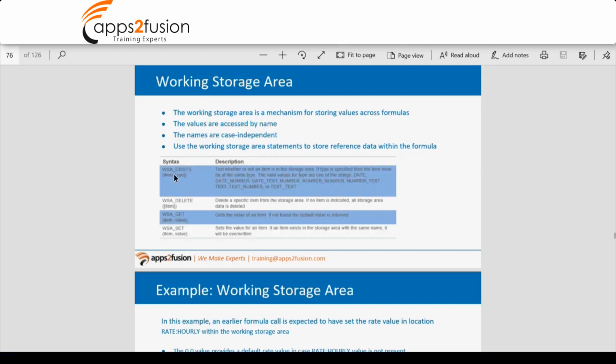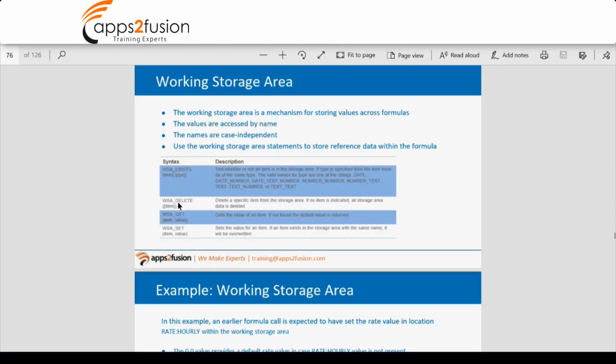Within this WSA function, you pass an item name, which checks whether that item exists, or whether you have declared that item previously or not. If the item exists, you get that value, and if it doesn't, it will tell you whether it exists or not. It will return you Y or N.